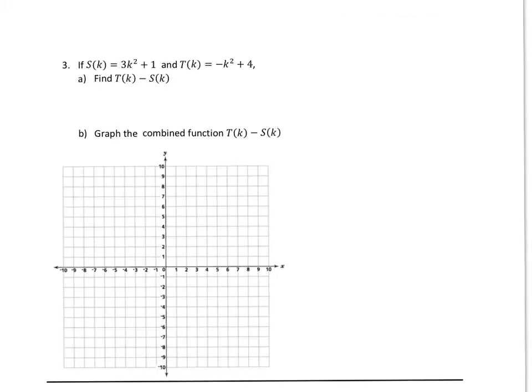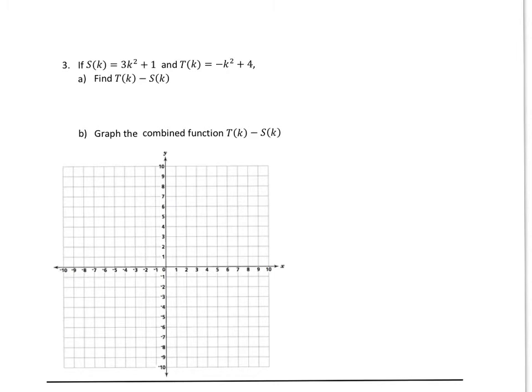Okay, so we're doing number 3, and 3a says to find tk minus sk. Notice that tk is the second one and sk is the first one. So you have to make sure you pay attention to what order the question is asking you to find out. So if we do tk